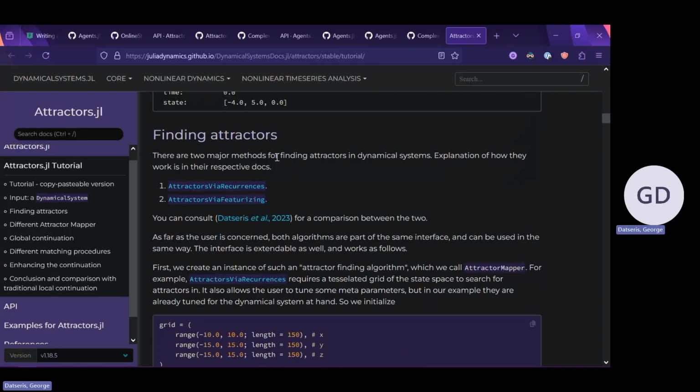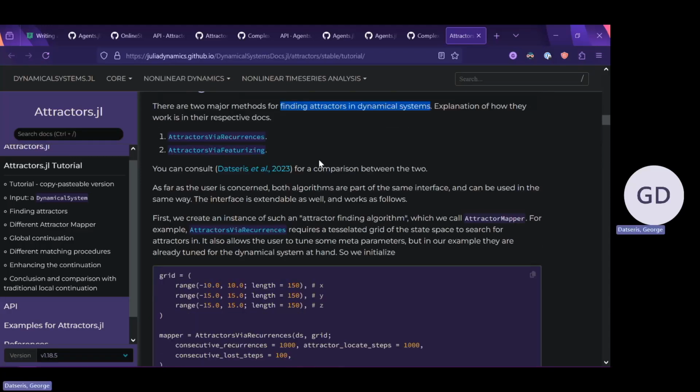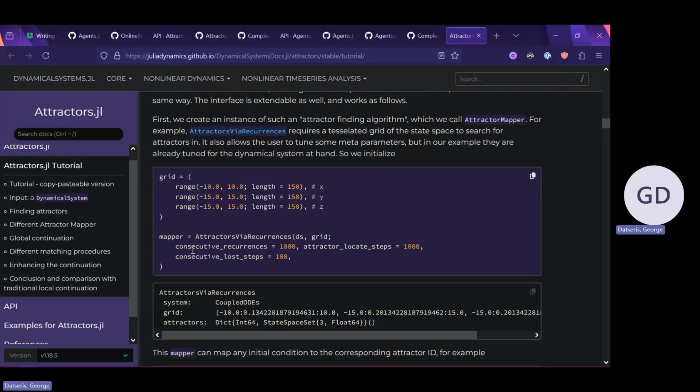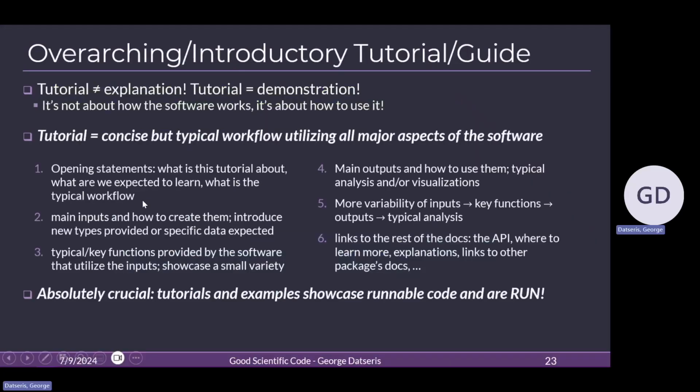Then we go to the second main input, which is something called finding attractors. What it does, it finds attractors. That's what it says here. So we have this key main input that is listed in the tutorial, and this is how you create this key input. So now we have finished with the first bullet point of this tutorial. Let me also show the bullet points, because of course you cannot possibly remember everything. So we finished this number 1 now. And what's number 2? Apologies. We finished number 2, of course, which is the main inputs.